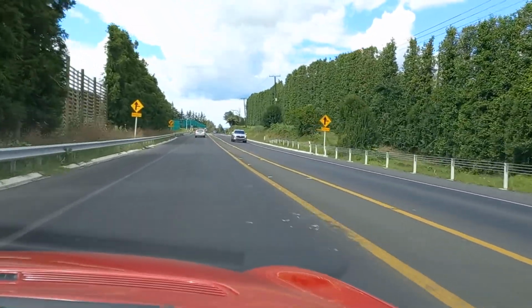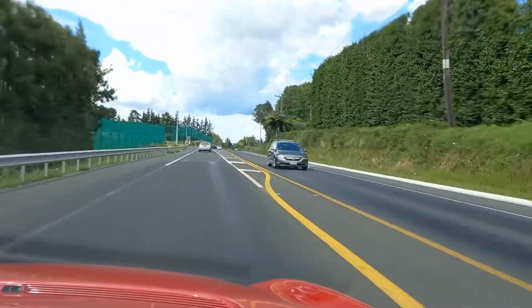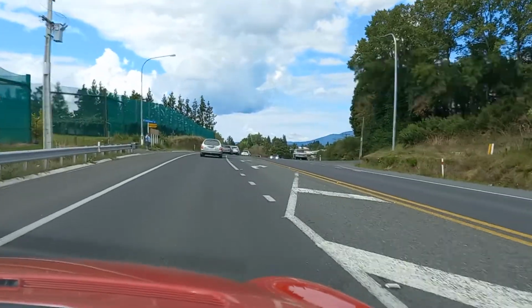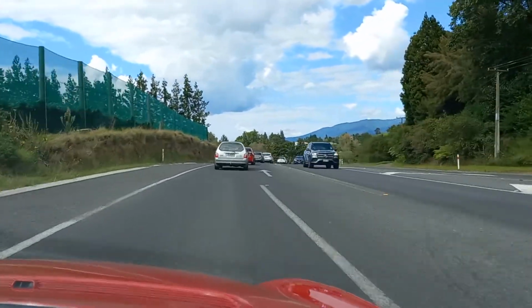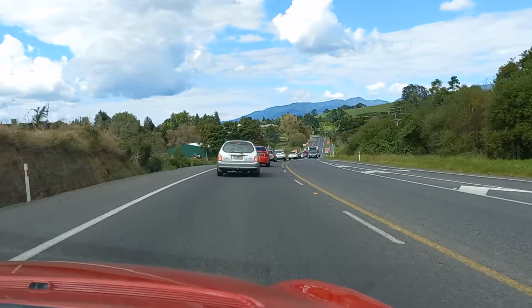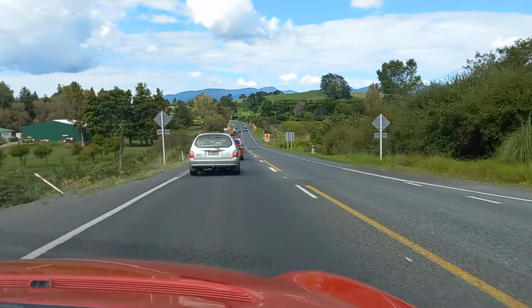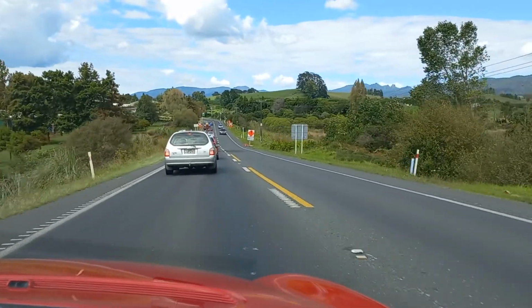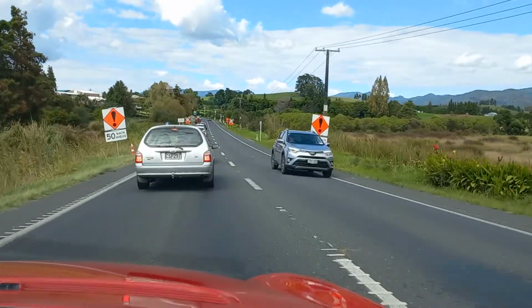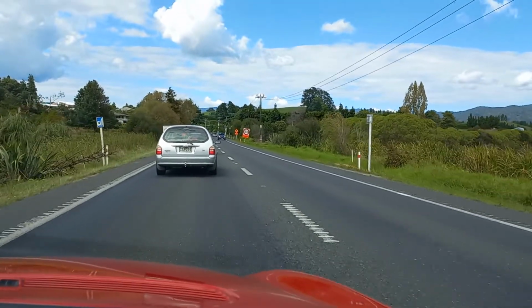So we've got a tractor ahead of us. That'll reduce our speed. I've had a few of these Ford Falcons over the years, not the station wagon model. They are a straight six, 250 cubic inch straight six with a 4 or 6 speed auto transmission. Pretty thirsty on gas, but they're a pretty strong old engine, and it's an Australian design car. It's not really anything else much like it,